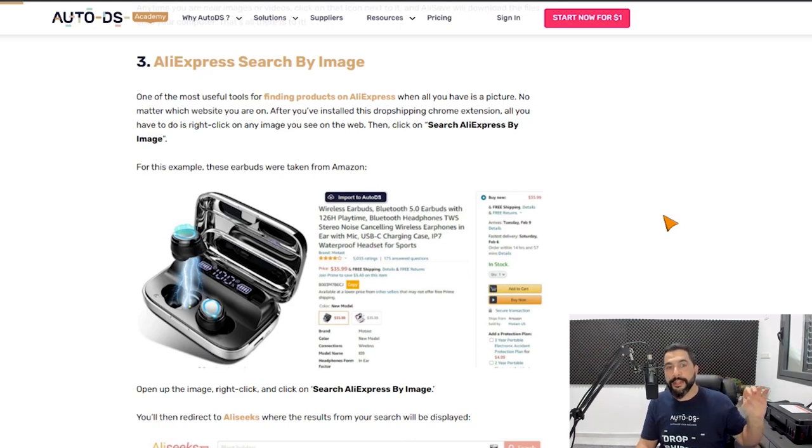The third extension is AliExpress Search by Image, and this is simply going to help you get an image from any other supplier. Let's say you're hunting for products from Amazon, you're going to their bestseller section or to their new releases, and you're looking for product ideas from there, which is also a great idea, which you will also learn when you browse our Sell These Now playlist on YouTube